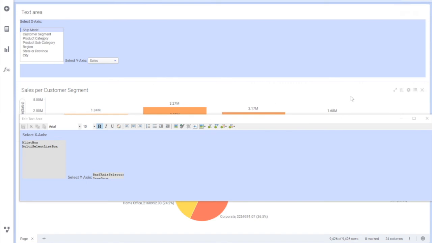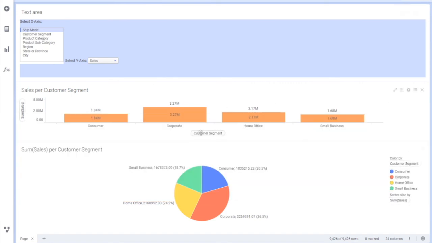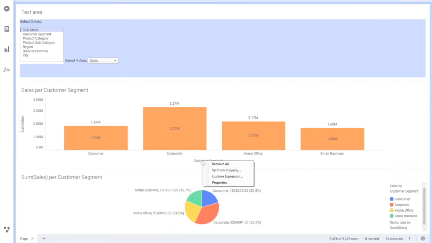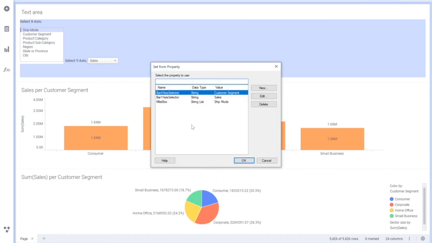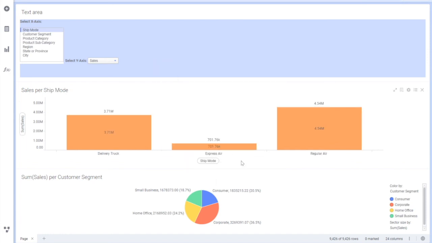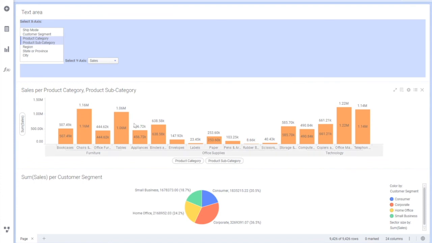In this case, again I have to link it with my bar chart, since it was a new property. So let's say set form property, AM list box, say okay, and here you are. Right now ship mode is selected, so only ship mode is there. I want to see product category and subcategory both. I just select product category and subcategory together, and then you see that I got a hierarchy because this is hierarchical data. Product category will be my first, then this, and here you are. So this way you can select multiple columns.